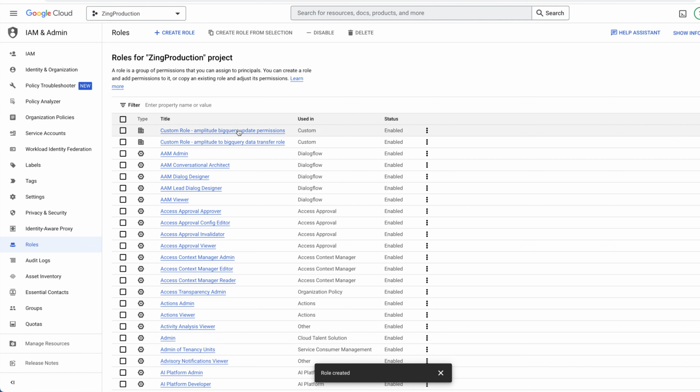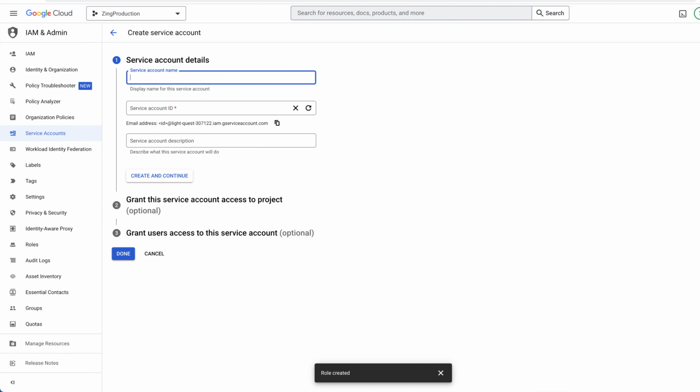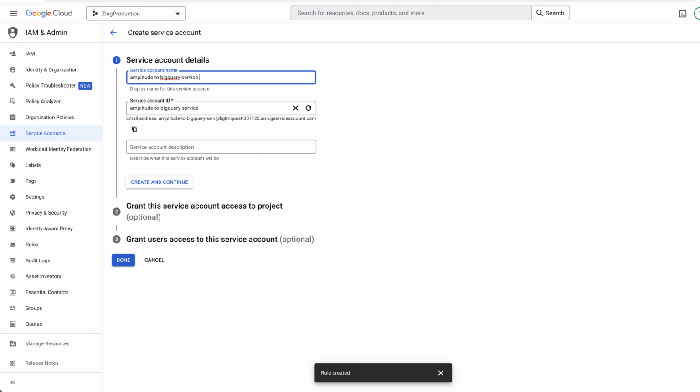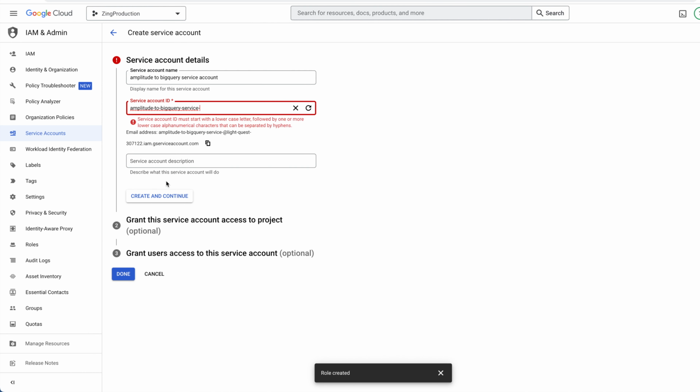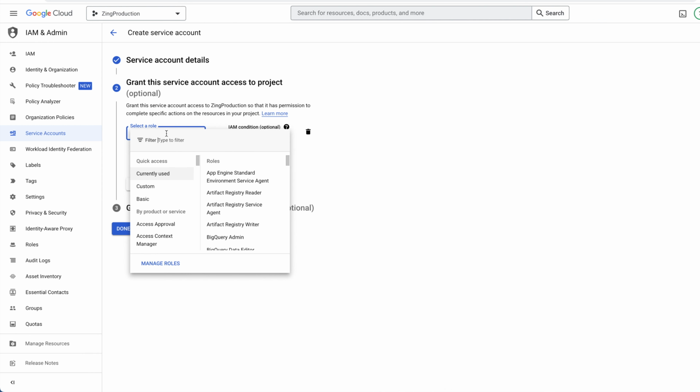and we hit create at the bottom to set that live. Now we're going to go to service accounts along the left side of our console navigation under IAM and admin, and that's where we're going to create this service account for Amplitude. So we hit create service account, and we'll call it Amplitude to Bigquery service account. Great. We hit create and continue,